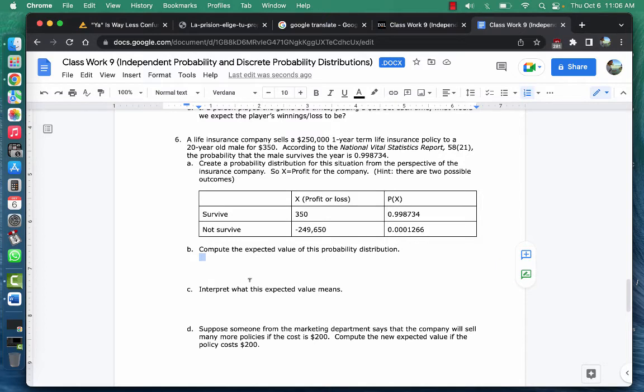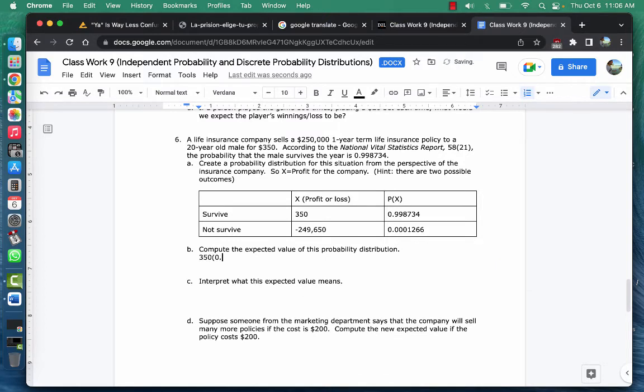So if I do the expected value, I take each outcome and multiply it by its probability. And then I do this other outcome, negative $249,650, times its probability, 0.001266. Oops, I think I added a zero in there. Sorry about that. Just FYI, before I had too many zeros in there. Okay, when I do this math, let me pause the video here. Okay, my result is, remember this is a dollar amount because that's what the outcomes are here,